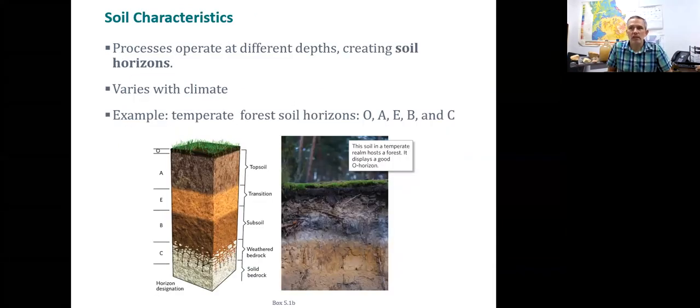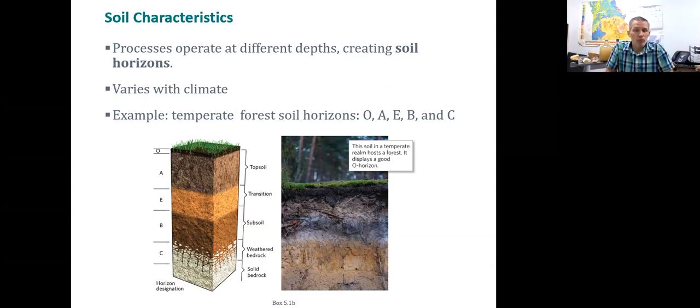So the oversimplified view of soil is going to have organic material, this topsoil, which we used to call just the A horizon. Then we had the subsoil, and then we had weathered bits of bedrock. But as it turns out, we can get much more specific when we start looking at this soil, that the topsoil really does contain a lot of organic material at the top. So we actually have a separate soil layer or horizon,